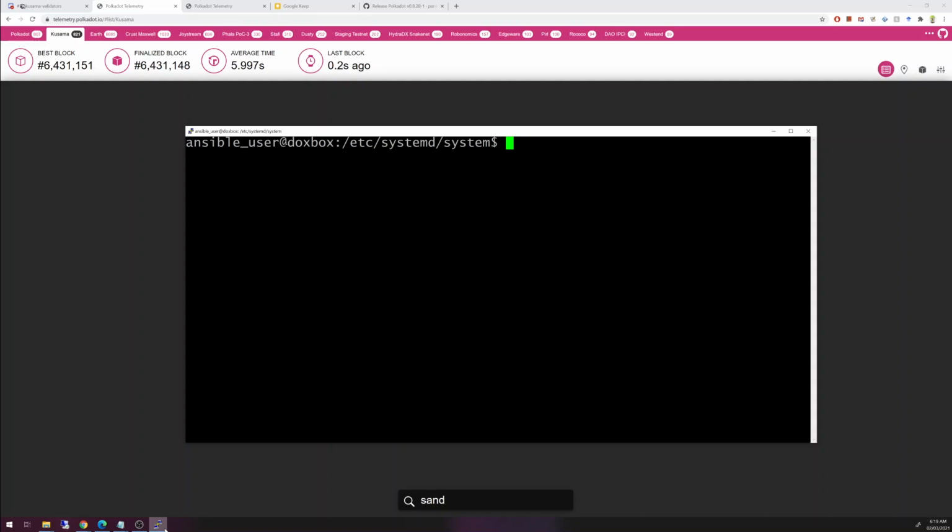So what was done via the Ansible script is that the Polkadot binary was installed, and that single binary can be used for multiple instances using different commands and different ports and so on. That binary was set up in a service which I'm going to show you where to find it and how to modify it. Okay, so we need to go to cd space